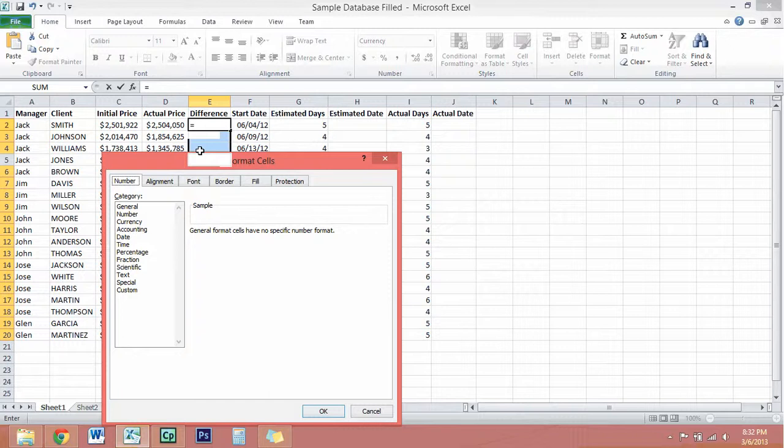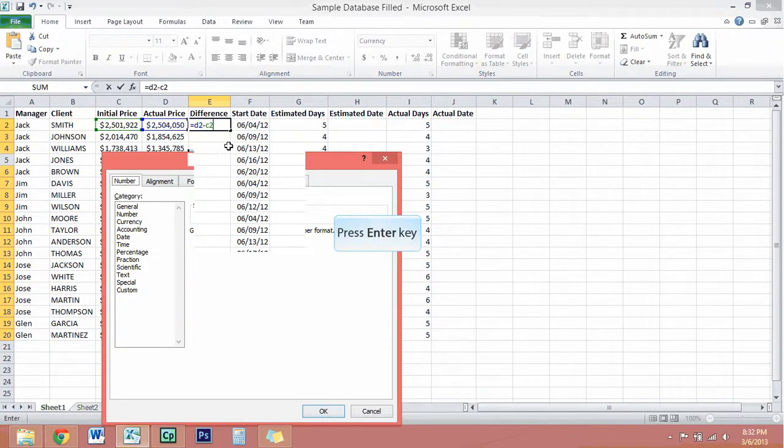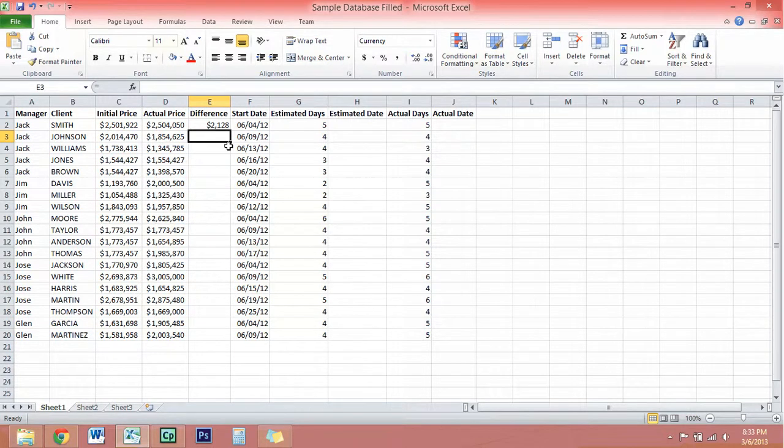So in order to find out what the difference is between Mr. Smith's actual price and initial price, you want to pretty much understand how to tell Excel to go from D2 to C2. So we're going to say D2 subtracted by C2, and then you hit enter. And what that number shows us is the difference between D2 and C2. Alright, so now we know that Jack, the manager, upsold Mr. Smith by